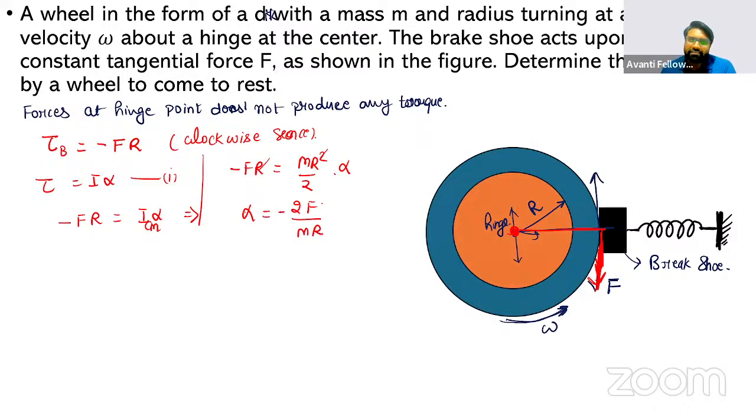So you can see here the angular acceleration generated by the torque, generated by the brake shoe is negative, which means it tries to stop the wheel, ठीक है। दिस इज इक्वेशन नंबर 2।